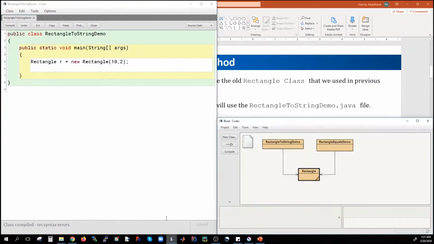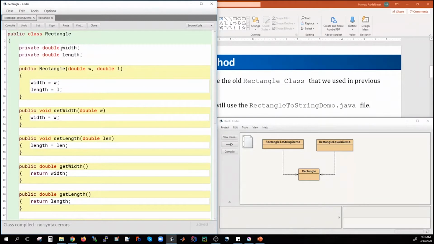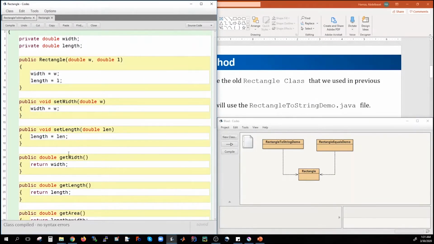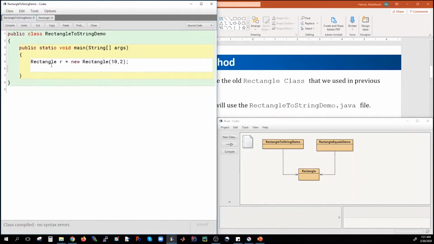We could have our rectangle class, the class we are familiar with. So we have the width and length, we have the rectangle constructor, and then we have set width, set length, get, and get area. Then here I instantiated an object out of this class, which I refer to or point to as R. And this is a rectangle that has a length of 10 and a width of 2. So if I ask you to describe this object R, what you would do is that you would say